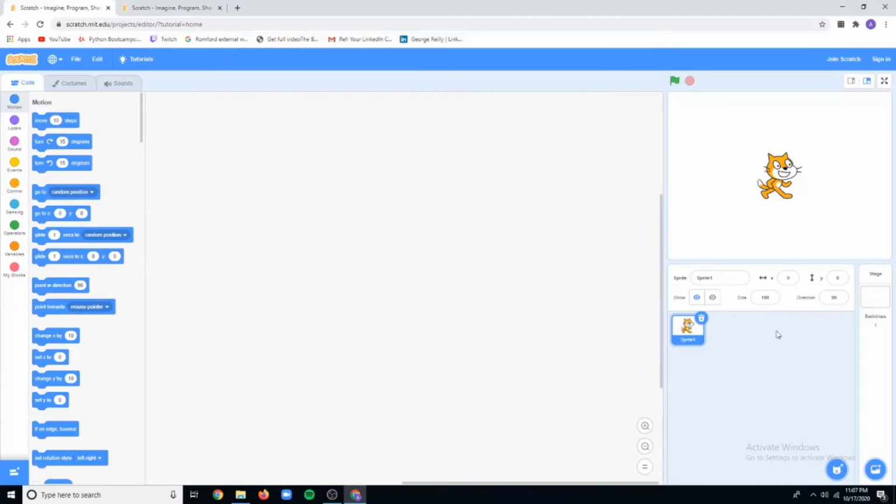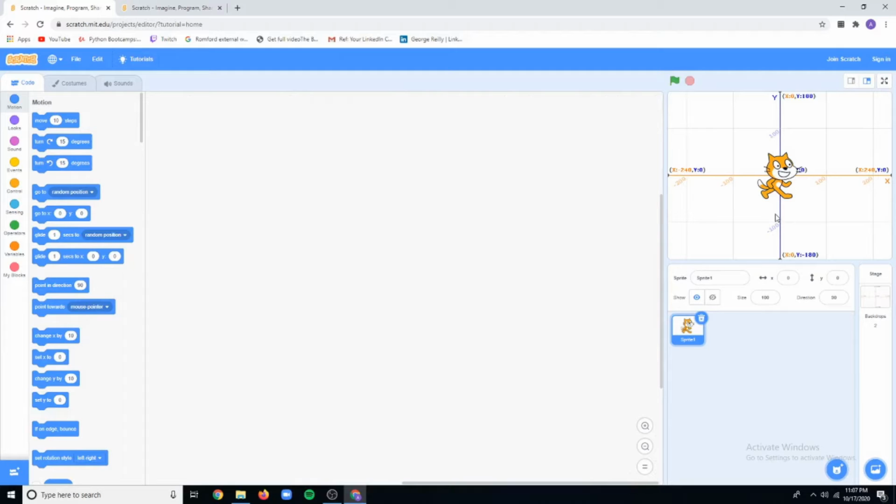So just let me select this. Yes, as I have told you in the previous video that your stage is divided into x and y coordinates. Your stage is made up of number of pixels, children. Yes, it is made up of number of pixels. And initially when you start the Scratch application, the sprite, the orange sprite, that is your default sprite, you will find it at the position of the origin of your x and y coordinates.